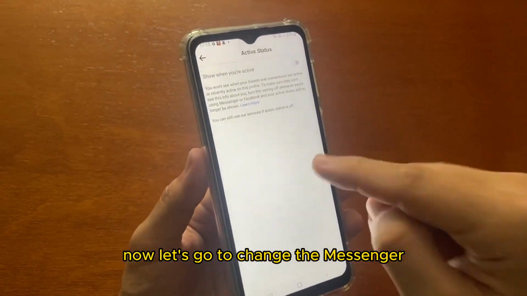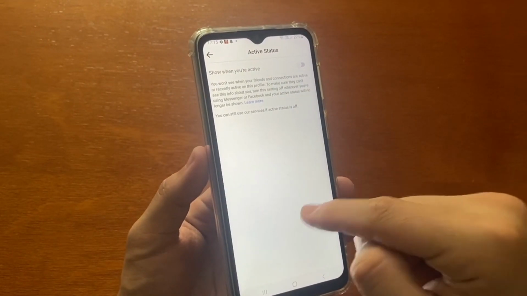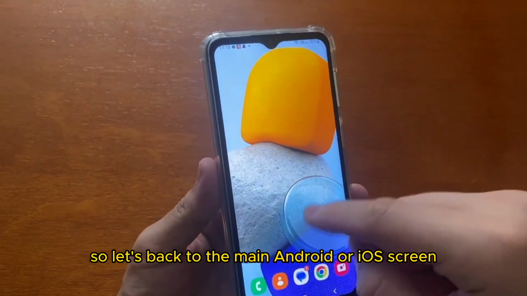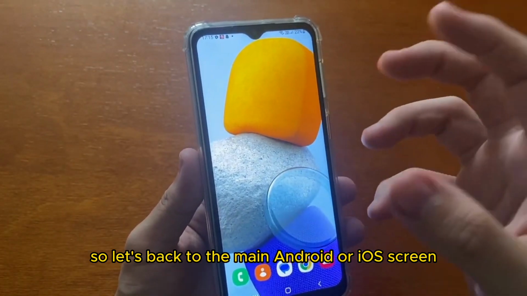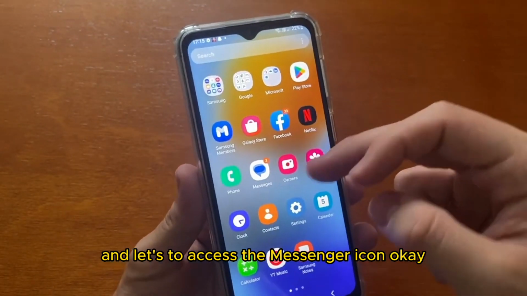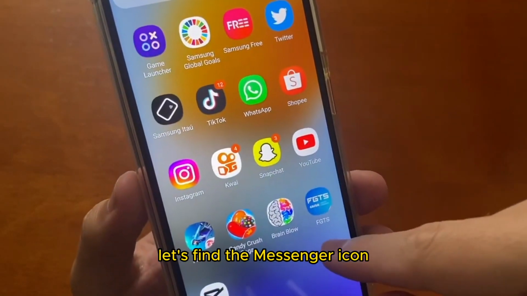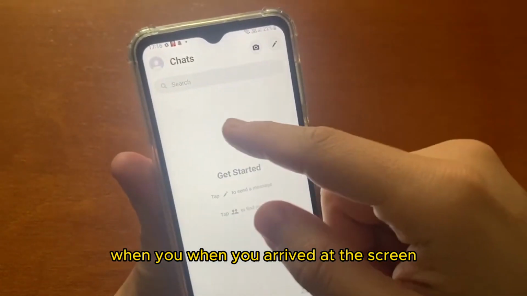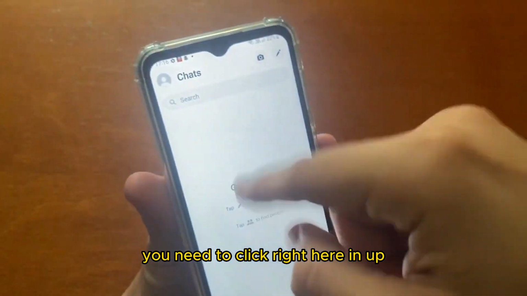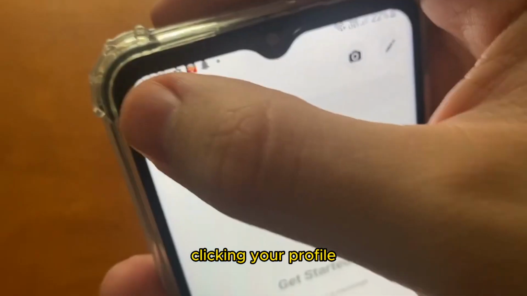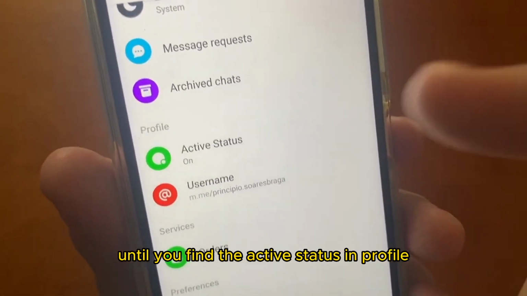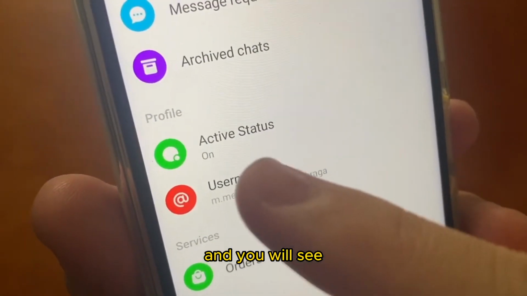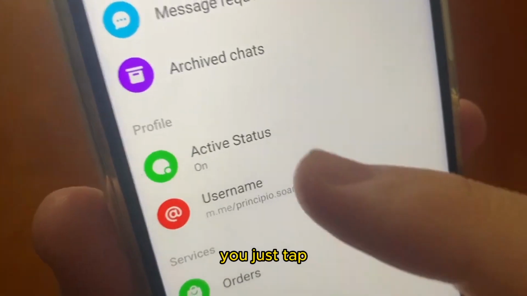Now let's change the Messenger online status, okay? So let's go back to the main Android or iOS screen and access the Messenger icon, okay? Let's find the Messenger icon over here. Let's tap it. When you arrive at this screen, you need to click right here in the upper left on your profile. Click on your profile, scroll down until you find active status, and you will see the active status is on. You just tap